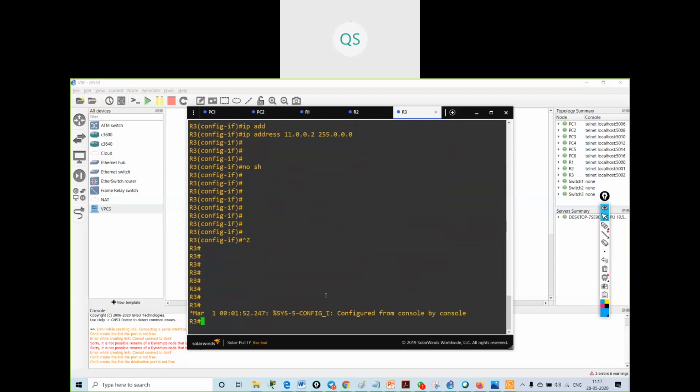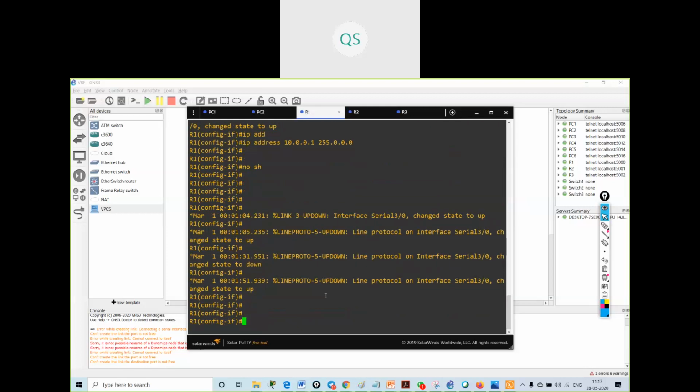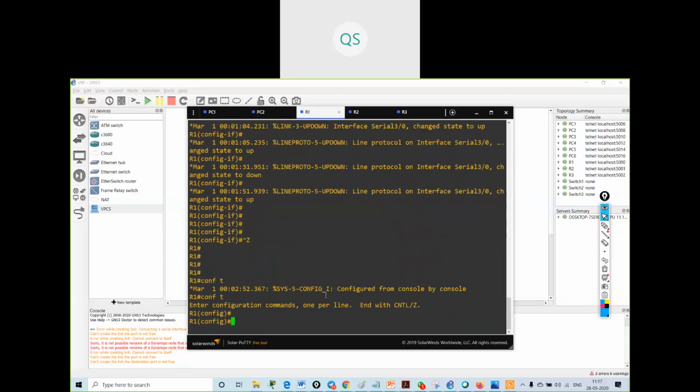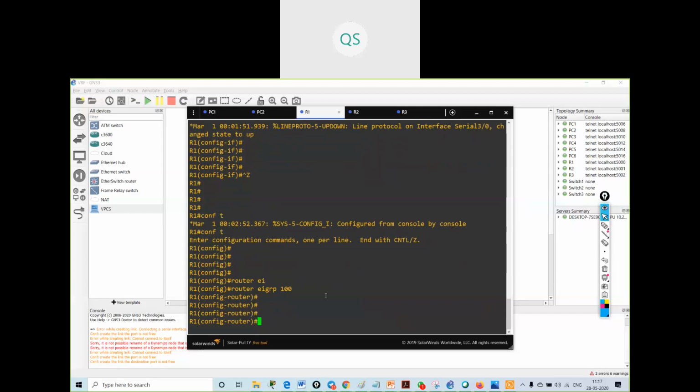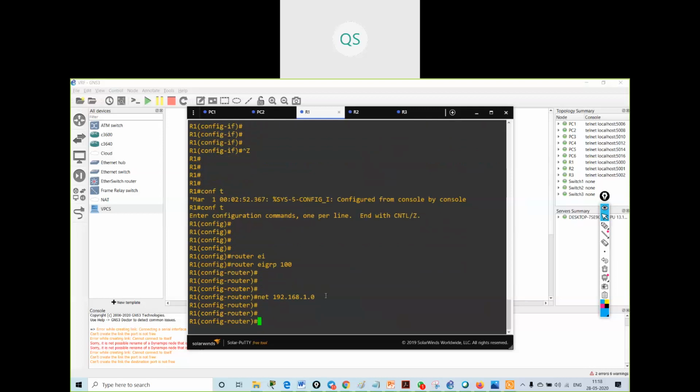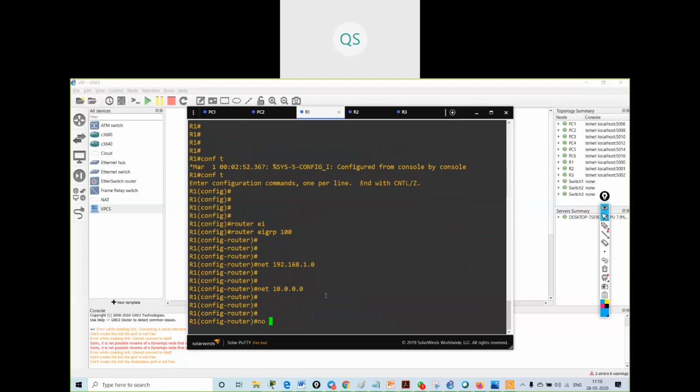Then what I will do, I'll configure a routing protocol, router EIGRP 100, for connectivity. I will say network 192.168.1.0 and 10 dot network. No auto summary.